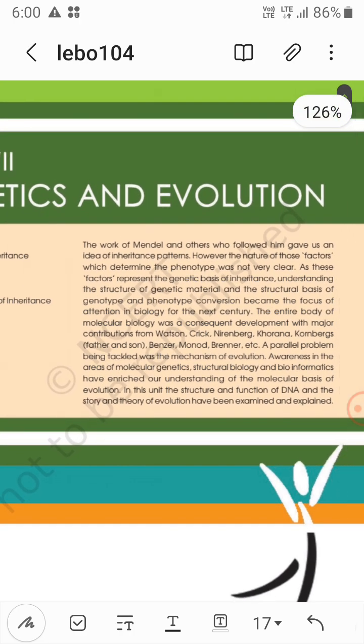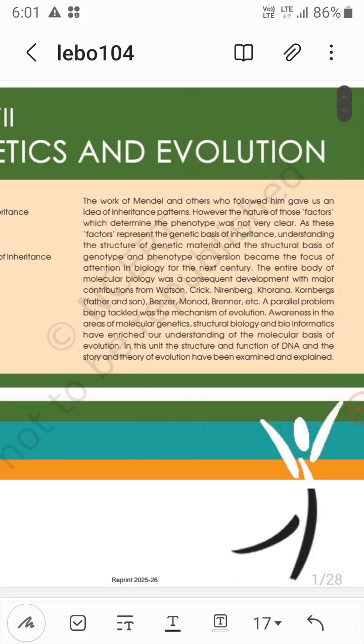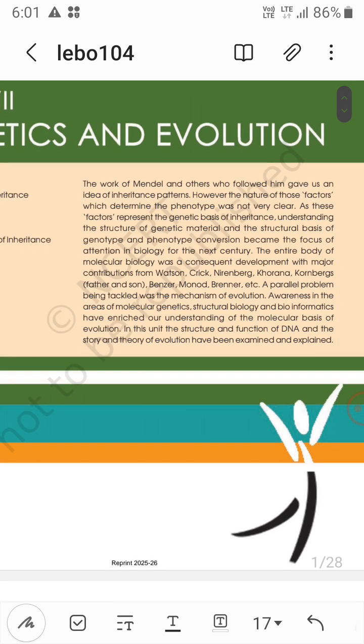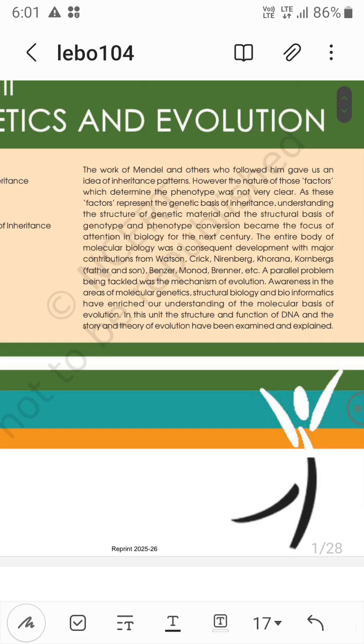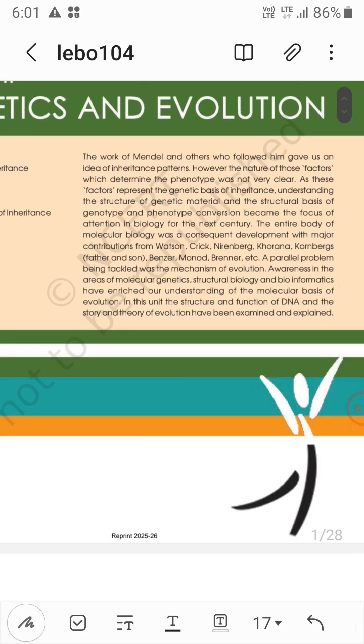The work of Mendel and the others who followed him gave us an idea of the patterns of inheritance. However, the nature of those factors which determine the phenotype was not very clear. As these factors represent the genetic basis of inheritance, understanding the structure of genetic material and the structural basis of genotype and phenotype conversion became the focus of attention in biology for the next century. The entire body of molecular biology was a consequent development with major contributions from Watson, Crick, Nirenberg, Khorana,